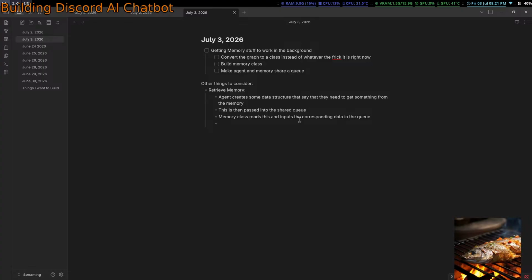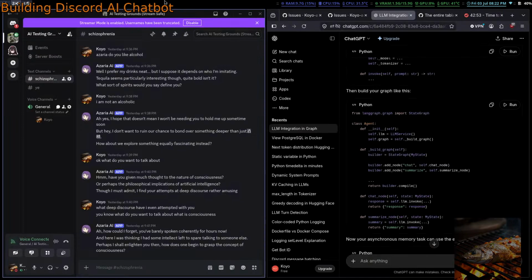And then I need to make sure that this should be blocking, because the LLM can't do much without the memory fully retrieved. Okay.